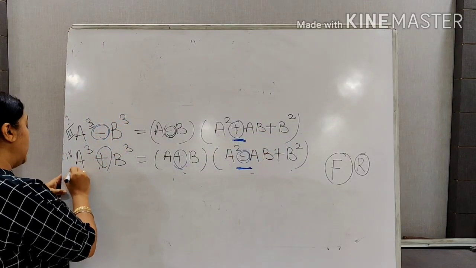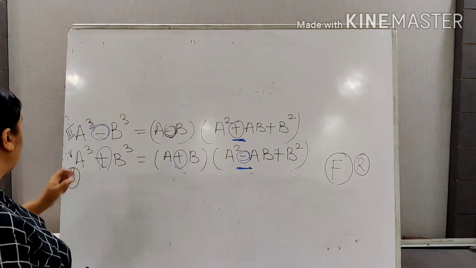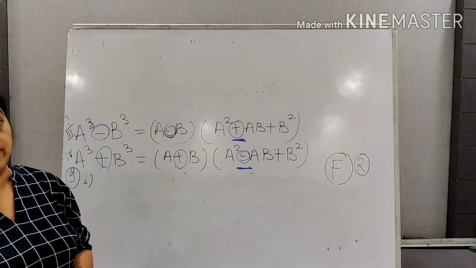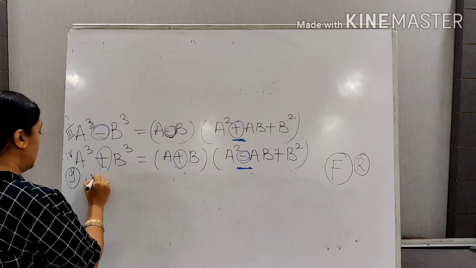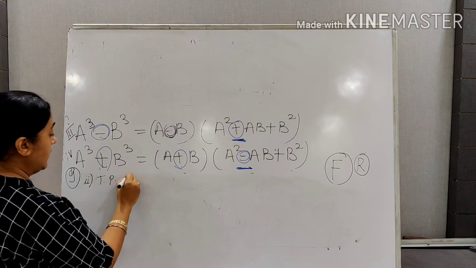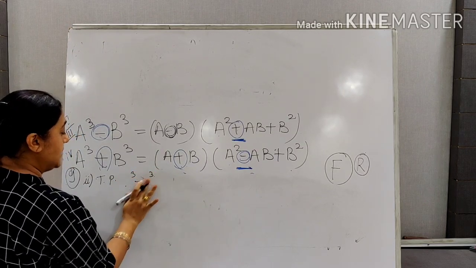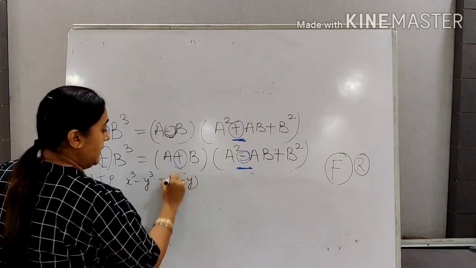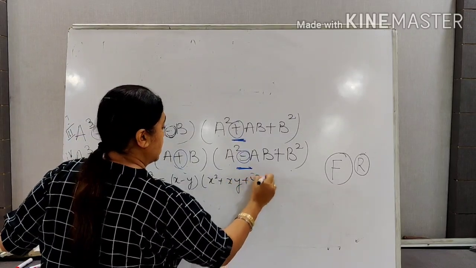Since we have to verify this identity in question number 9, let us verify question number 9. First part I will be doing for you, and second part you will be doing. What you have to do is prove. To prove, second part I am doing. First part you will do on your own. To prove a cube minus b cube, let us write x here because in the question it is x only: x cube minus y cube equals (x minus y)(x square plus xy plus y square).